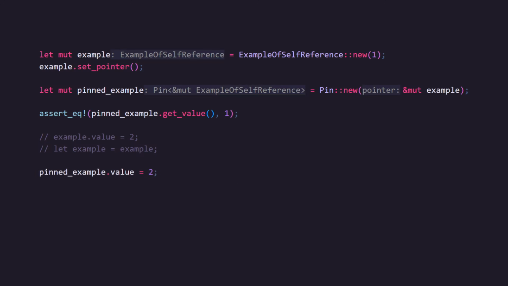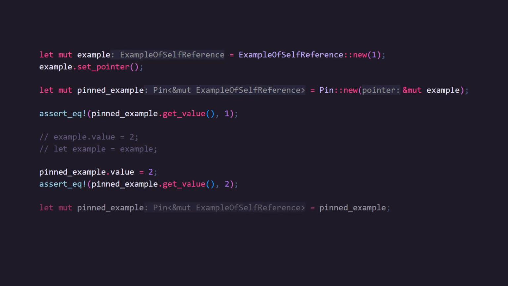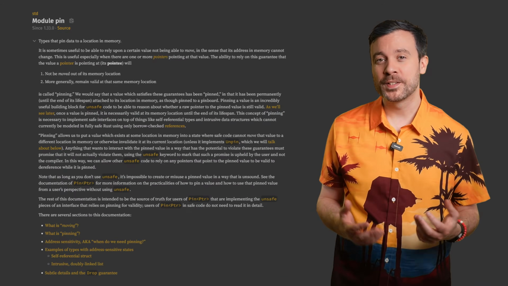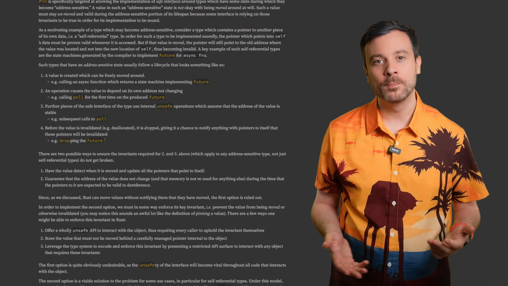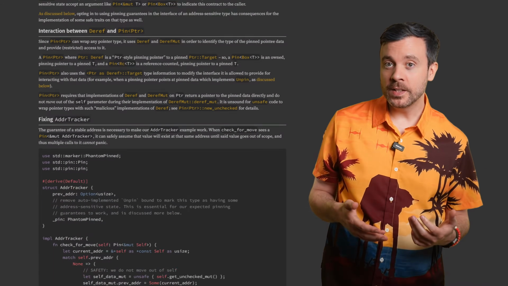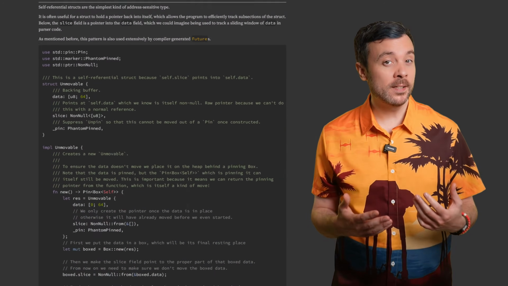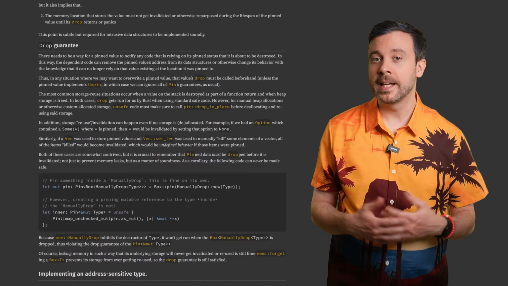modify the data via the Pin thanks to Deref and DerefMut. We can also move the Pin, and unlike our earlier example, this works because the Pin just holds the reference, our data doesn't move. There's a lot to Pin, so if you're curious about it, the standard library documentation has a lot more information. For this video, it's enough to know that in specific circumstances, like in modular asynchronous architecture